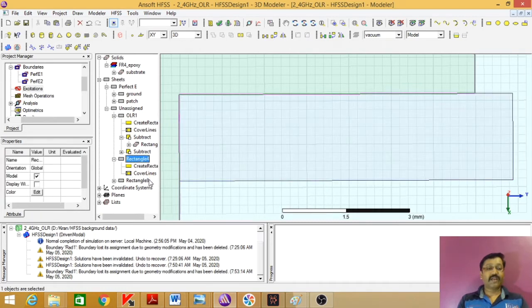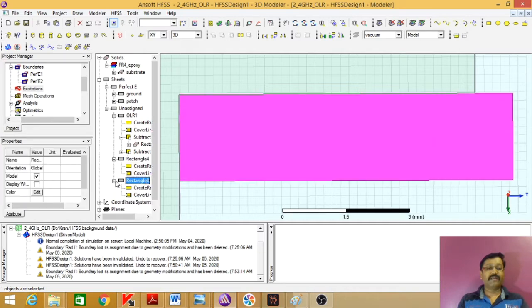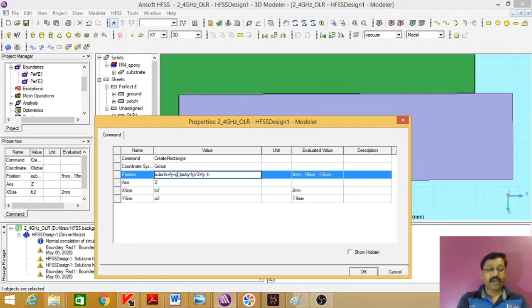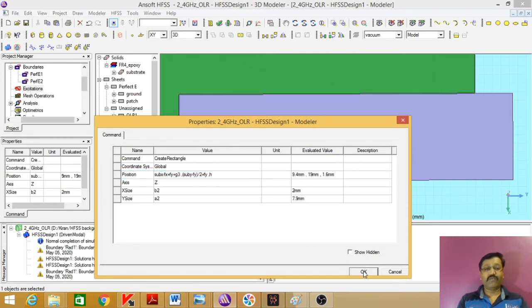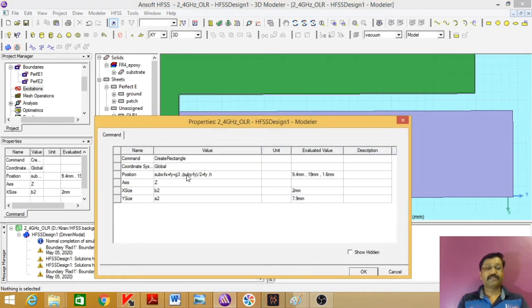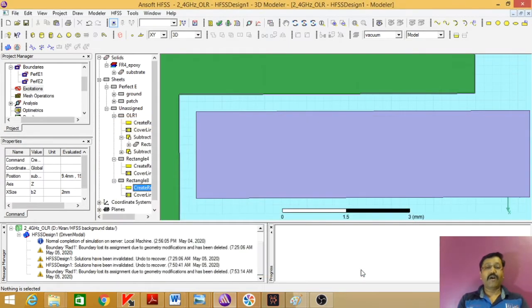First check which rectangle we are working. We are working with this rectangle, so I will expand and I will add that gap. That gap is G3. That is gap between rectangle, that is OLR structure, and antenna. And here also, okay, we'll check one by one. Okay, see the gap is added. Now we'll add gap in x. We added in x, we'll add in y dimension as well, plus G3. Okay, wow, great. Now you can see it is aligned properly.